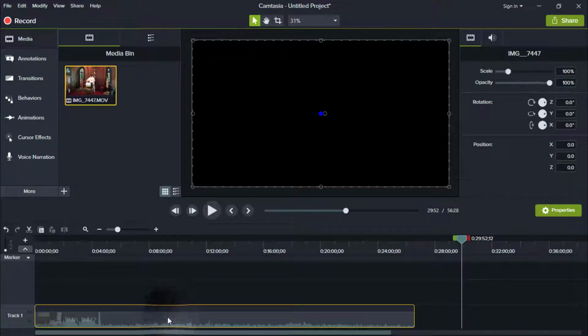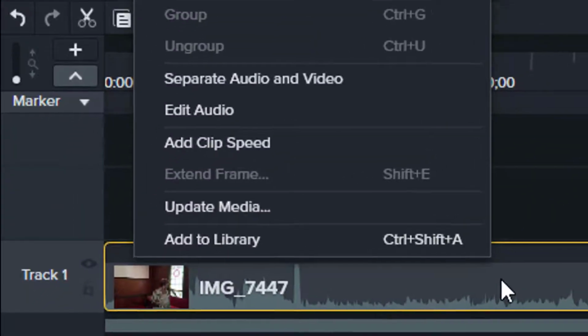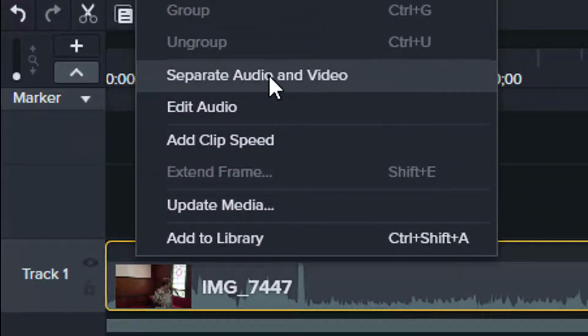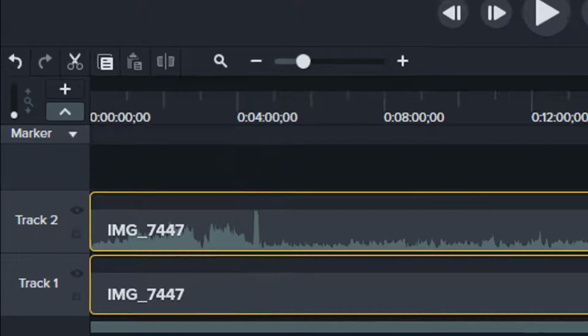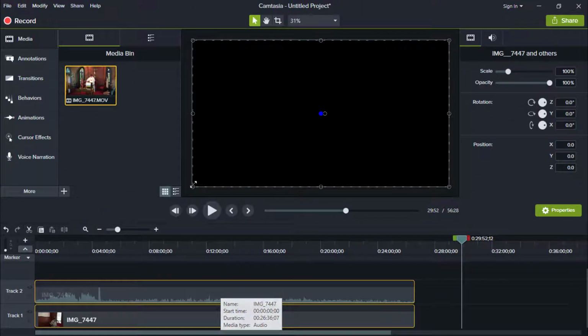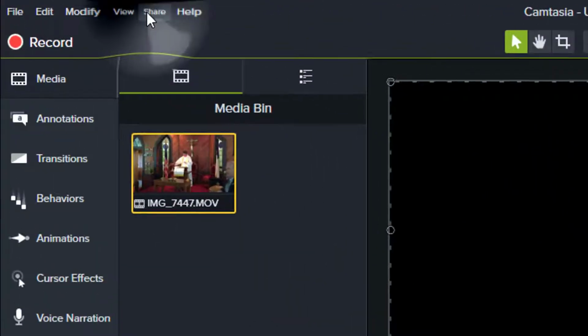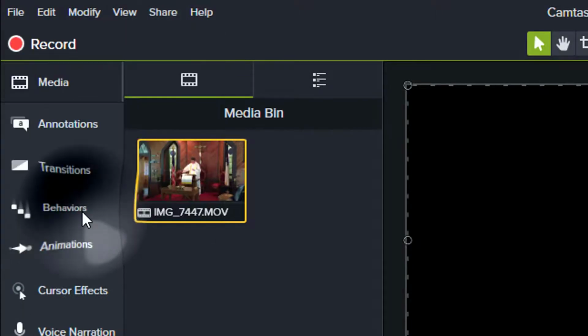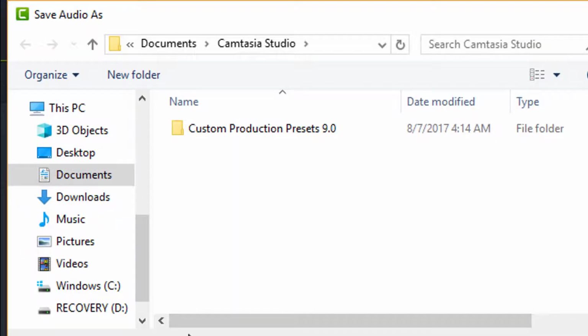Now I'm going to come down to this track. I'm going to right mouse click, and I'm going to choose separate audio and video. Okay. Now at this time, I'm going to come up here to share, and I'm going to export the audio only. And we're going to call this,